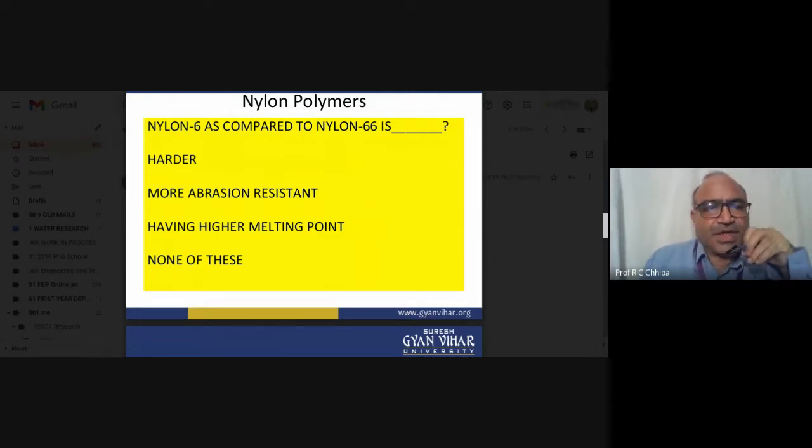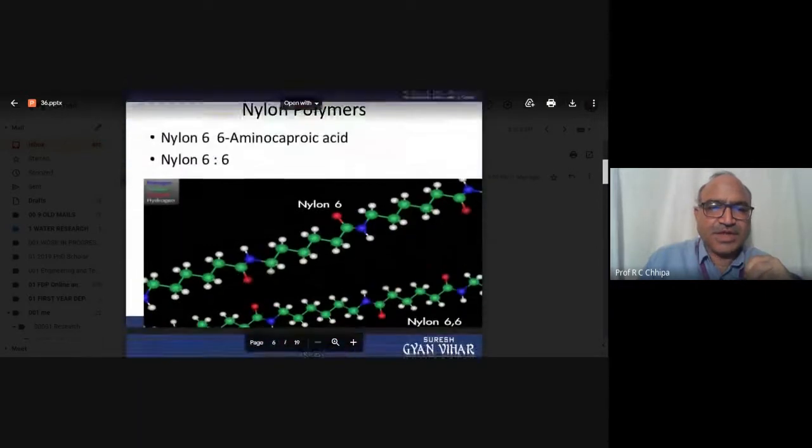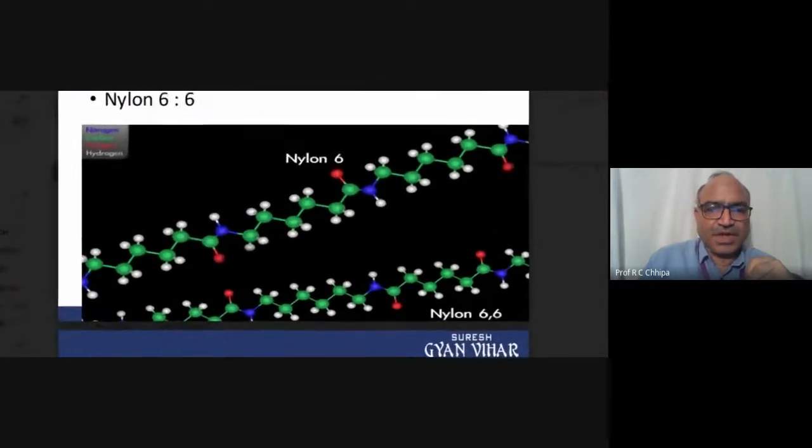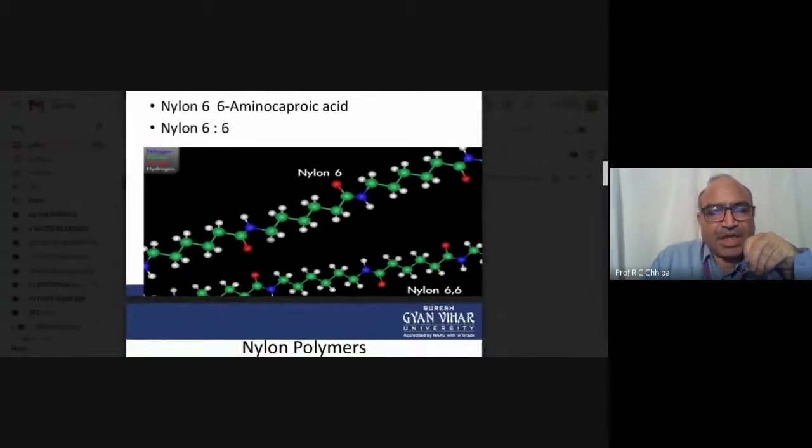And the question related with the nylon 6 and nylon 6,6. So here, what is the answer? More abrasion resistant, harder, having higher melting point, and so nylon 6,6 is the harder. Why harder? Because I have earlier discussed in the case. Here we can see the structure of nylon 6 and nylon 6,6. Because of this structure, nylon 6,6 is harder than nylon 6,